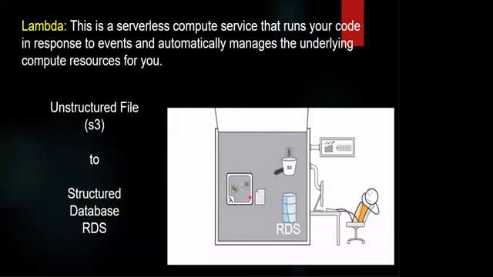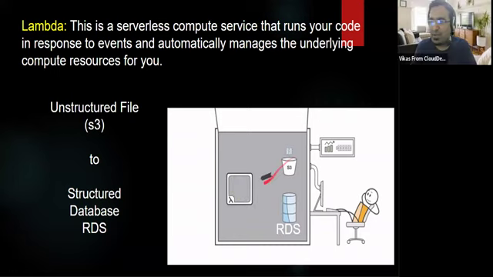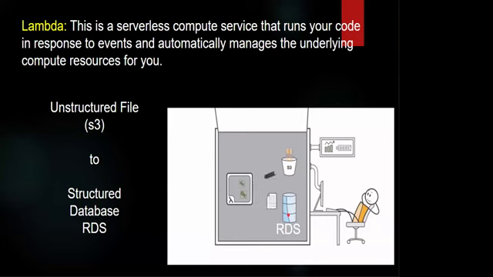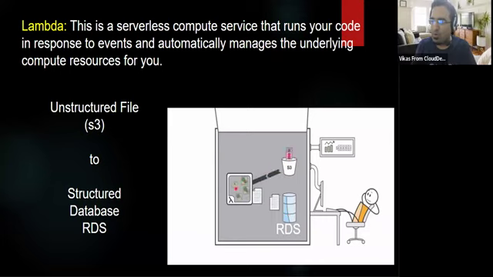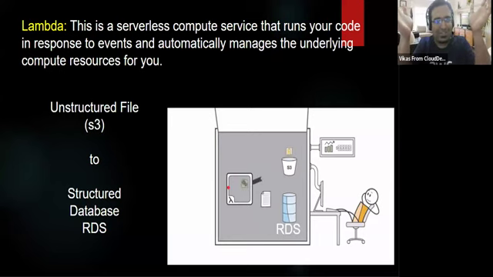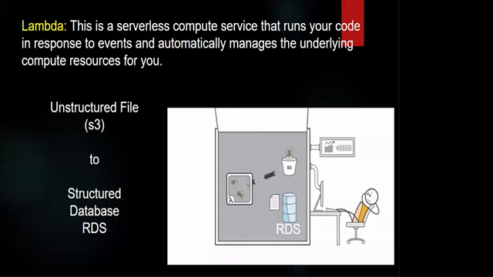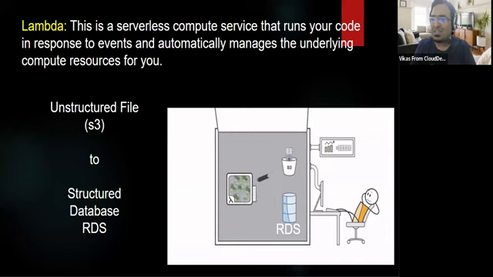Is it scheduled? It's not scheduled, it's event based. Whenever the data comes, only then will it get started. No matter what amount of data there is, if the data is more, the Lambda function will scale up automatically to process fast. If data is less, fewer compute resources will be used. And frequency is also not controlled. Frequency is completely serverless, we don't have to worry about it. If more data comes, it will process fast.